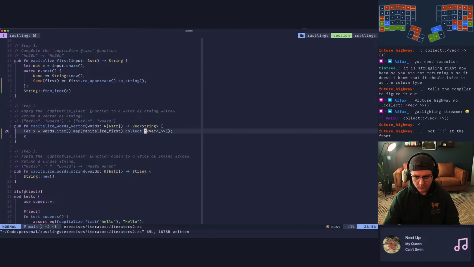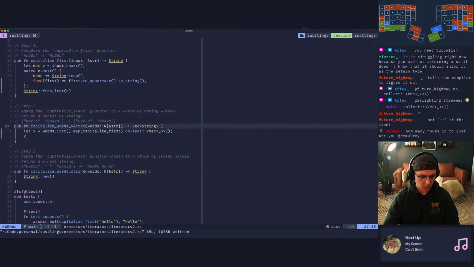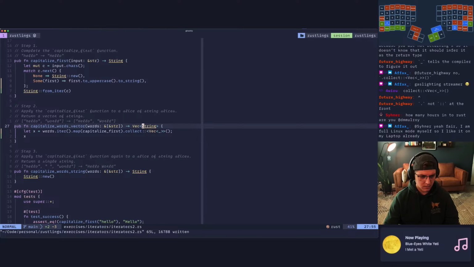All right. So can someone explain this syntax right here to me? Why do I need the double colons to give this a type? And why can't I just do this? I'm probably like 3 hours into Rust, maybe 4 hours into Rust.